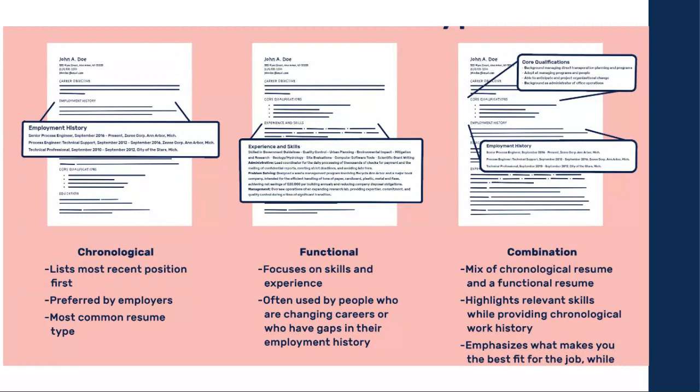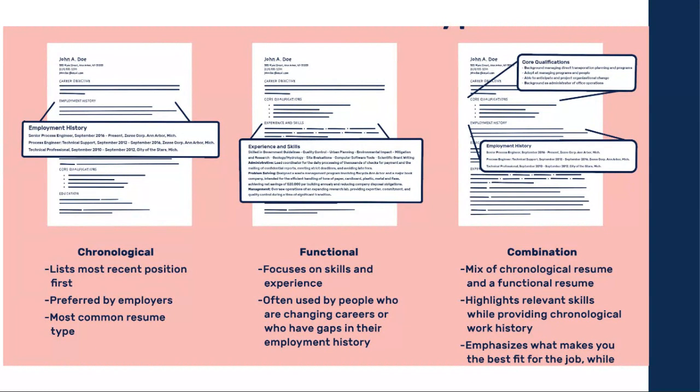So here you include both your work experience, your skills, and your employment history. Just like you can see highlighted on the very right page, there are core qualifications and there is employment history too, right? So mixing both chronological and functional, you include your skills and you write an employment history, both, okay? So you do that, and just below combination you can see 3 points there: mix of chronological resume and a